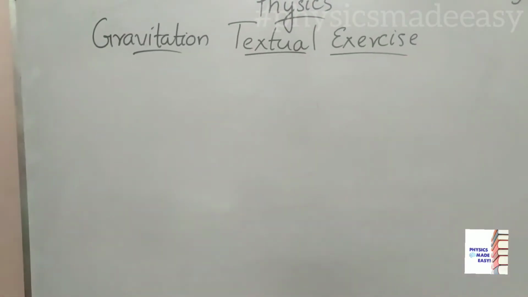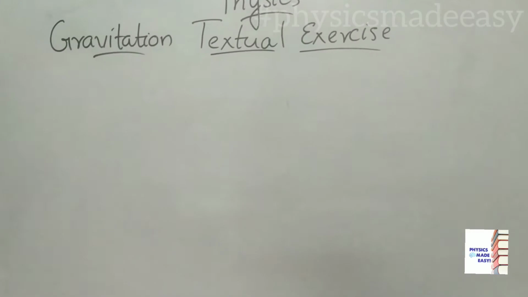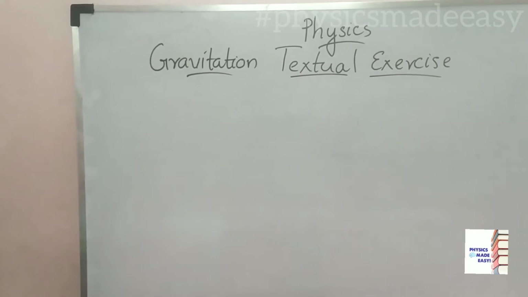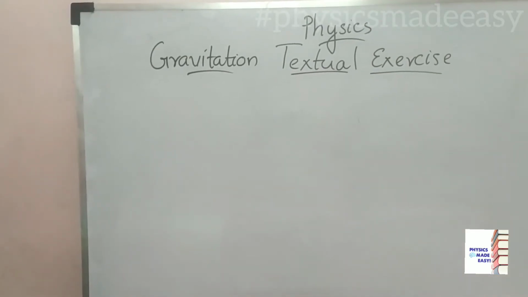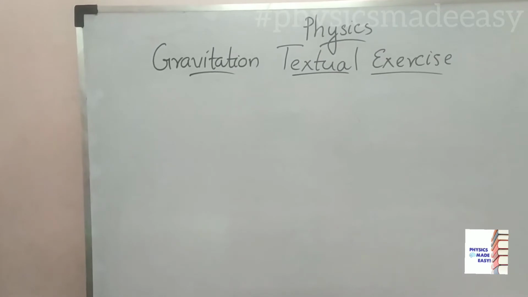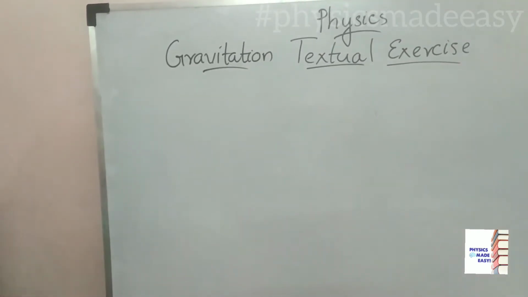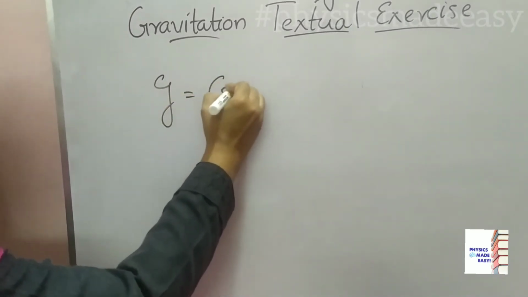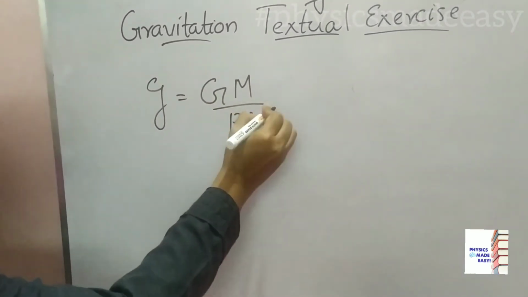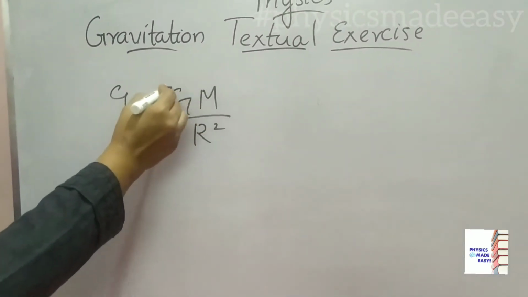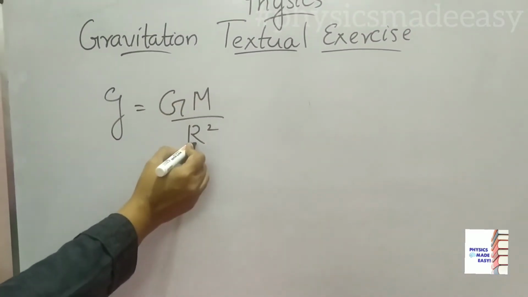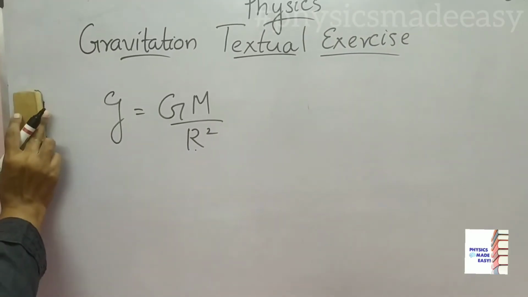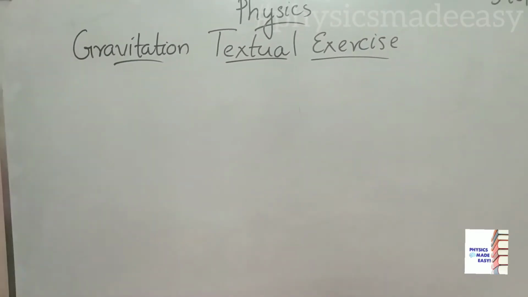Then the next question, gravitational force acts on all objects in proportion to their masses. Why then a heavy object does not fall faster than a light object? Children, you know acceleration due to gravity does not depend on mass. Why? You know g is equal to G m divided by r square. So here G is the universal gravitation constant, m is the mass of the earth, r is the radius of the earth. All these are constants. So the acceleration due to gravity is a constant there.